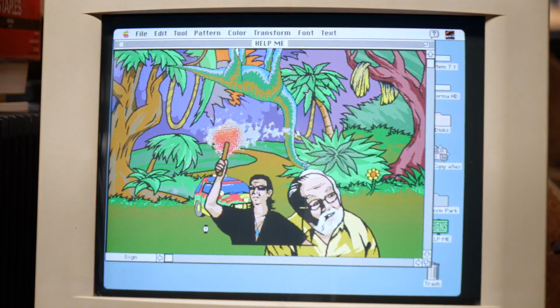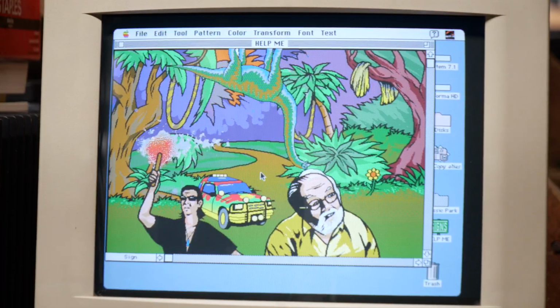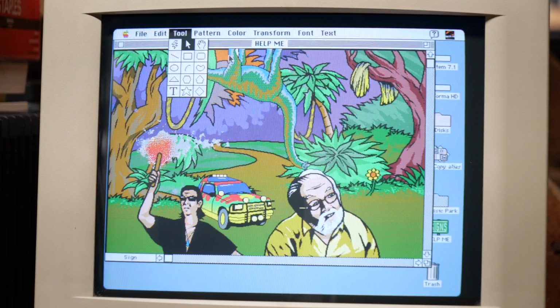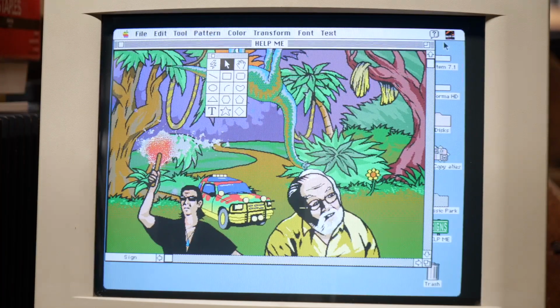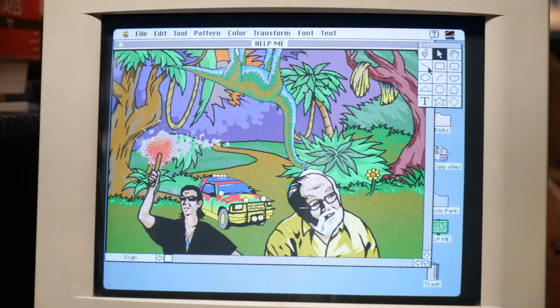This is great. See, when it works, it's very fun. You could just do crazy things like this. He's looking at the flower, he's doing whatever, there's a dinosaur upside down. I mean, what more could you ask for? Let me drag this tool panel over again so I could do something. I don't know if you could actually draw directly on the picture, not freehand at least, but